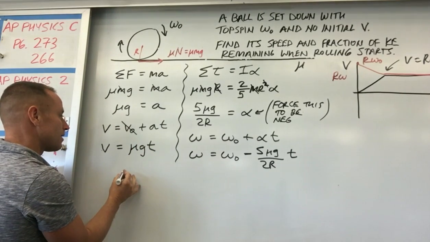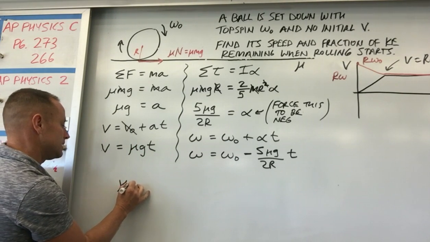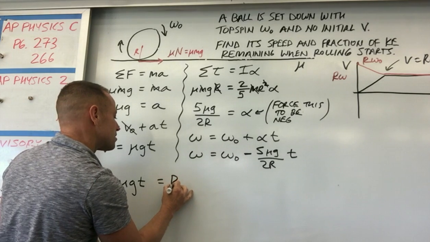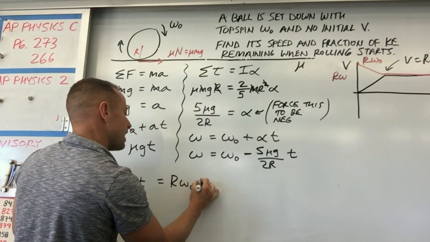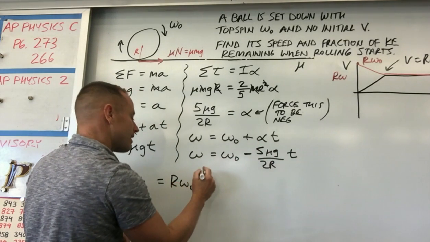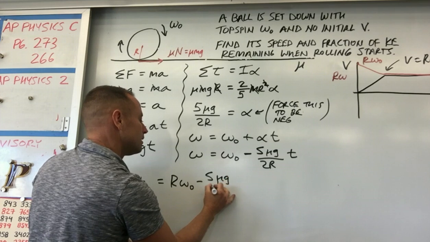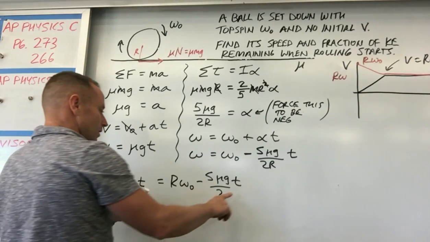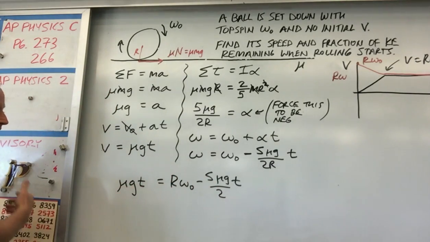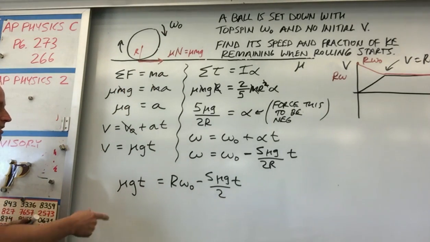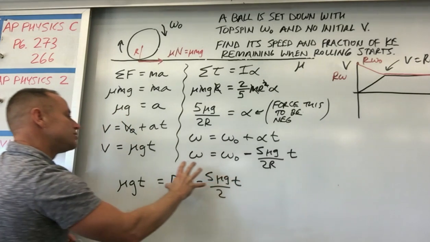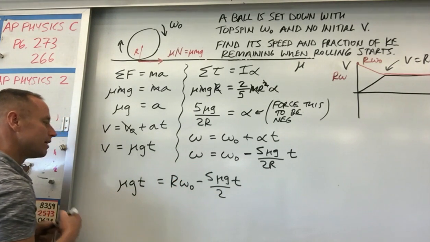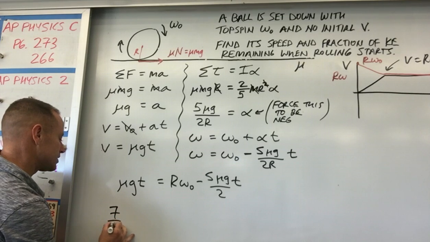So let's set v equal to r omega. What we have is mu g t equals r omega initial minus r times this thing, which gets rid of the r in the bottom, minus 5 mu g over 2 t. Notice the only unknown is t. So this is going to give us the time when the rolling sets in. We bring this 5 mu g over 2 t over here and combine it with the mu g t. So this is like 2 over 2 plus 5 over 2, which gives you 7 over 2. So 7 over 2 mu g t